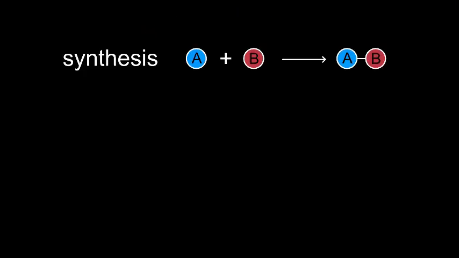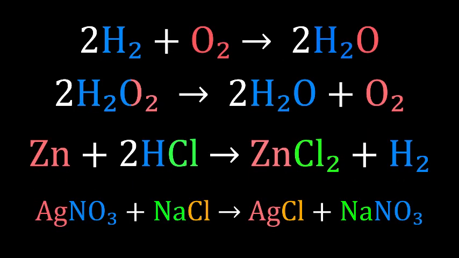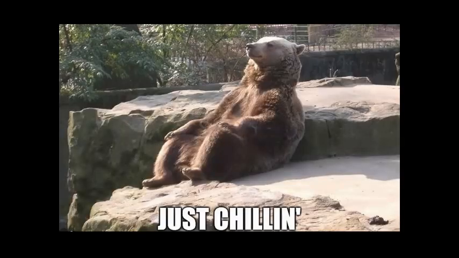Hey, remember sodium and water? What's going on there? Explosions are really just chemical reactions that release a lot of energy in a very short amount of time. Also, they expand, like, a lot. There's a couple types of chemical reactions: synthesis, decomposition, single replacement, and double replacement. Here's an example for each one. They all happen mainly for one reason: to decrease energy and get to a more stable state.